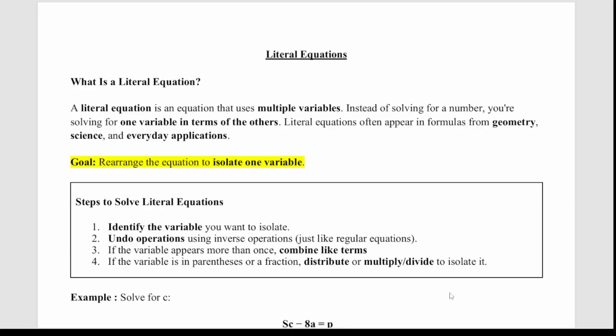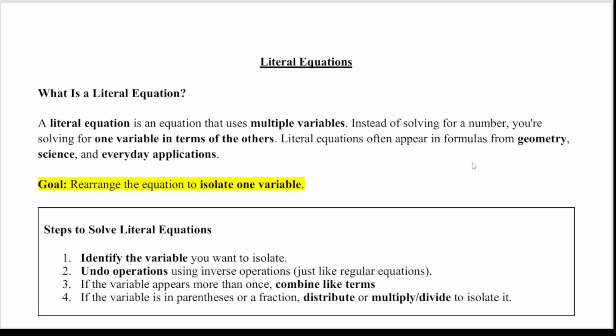Let's talk today about literal equations. Now, what do we mean by literal equations? There's not necessarily a very scientific definition of them, but what we're really talking about are all these techniques where we've got multiple variables floating around a problem. We want to actually keep it in terms of multiple variables, but we want to solve for just one of those variables. So we're no longer dealing with linear equations, but we're going to apply those linear equation techniques where